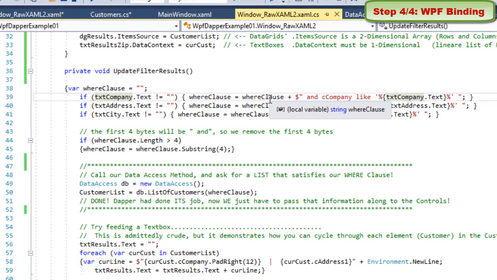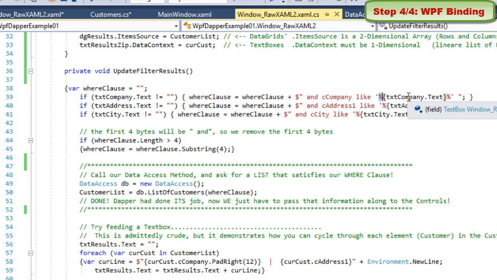I want you to concatenate a where clause that says, and company, C company, because that's the name of the table for the field in the table, is going to be like, and then in SQL parlance, the apostrophe, pardon me, the percent signs are your wildcard characters, and company like INDUS with wildcards on either side. Ditto for the address, ditto for the city, and you basically have created a dynamic on-the-fly mix and match where